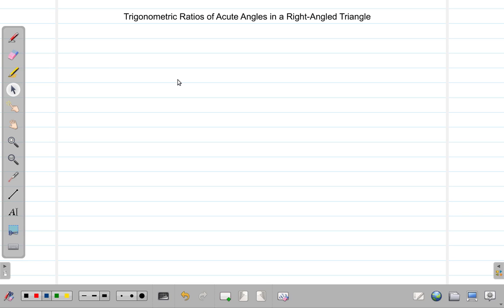Let us take a look at trigonometric ratios of acute angles in a right-angled triangle. The angles that we're going to be dealing with are acute angles, and the right-angled triangle is really the only triangle in which you can find these ratios. Remember also that a ratio is really one quantity divided by another quantity,